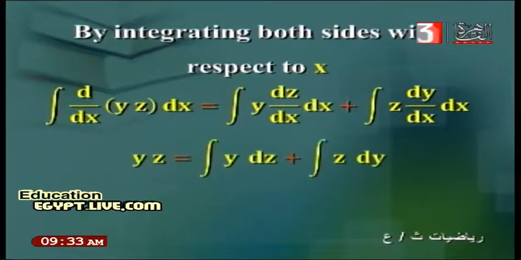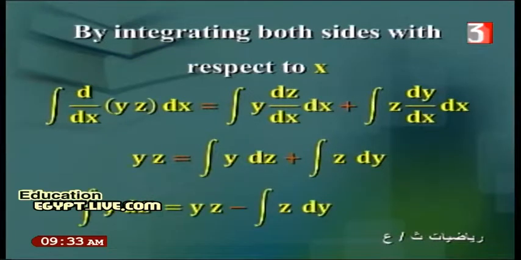Then yz equals the integration of y dz plus the integration of z dy. Now the integration of y dz equals yz minus the integration of z dy,